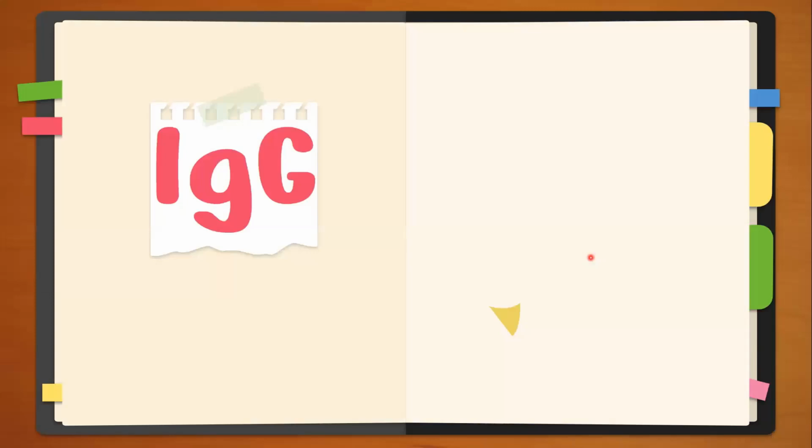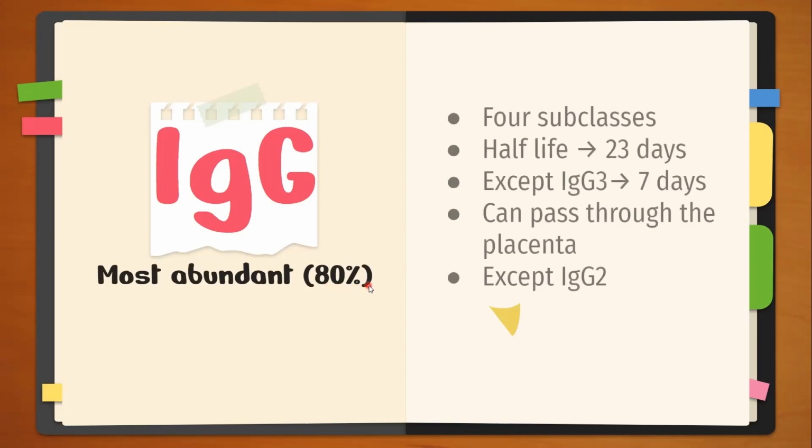Now, coming to the different classes of the antibodies. So firstly, we have the IgG. Now, IgG is the most abundant, that is, it forms 80% of the total plasma proteins. It has four subclasses, that is IgG1, IgG2, IgG3, and IgG4. The numbers are given according to the decreasing order of their concentrations in the plasma. The half-life of IgG is 23 days, which is actually the maximum,